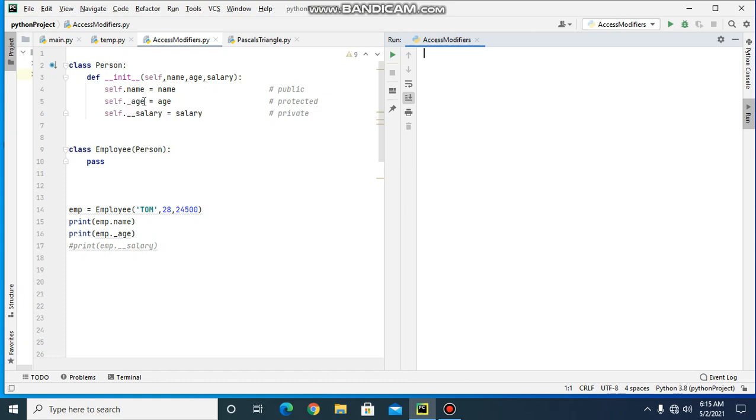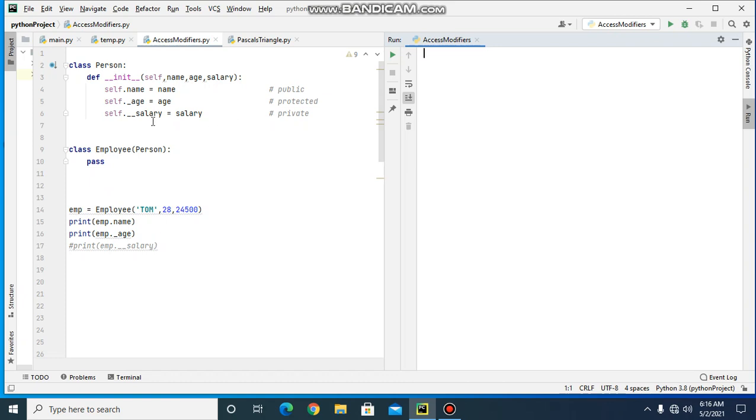Then here this age is a protected data member. Protected data members are prefixed with an underscore and they are accessible from outside the class, but only in a class derived from it. That means you can access this protected data member age from outside this class Person, but only in a class derived from this class Person.